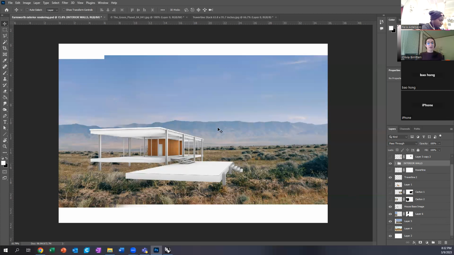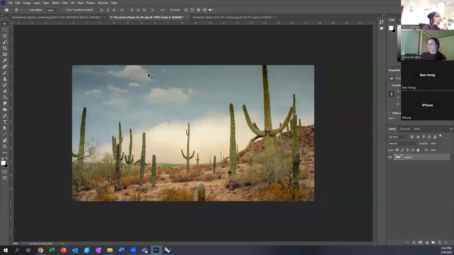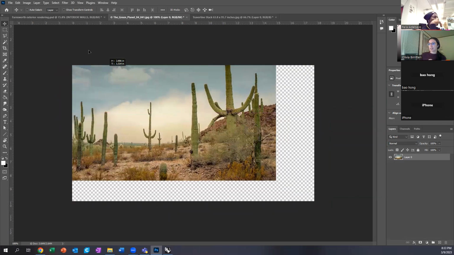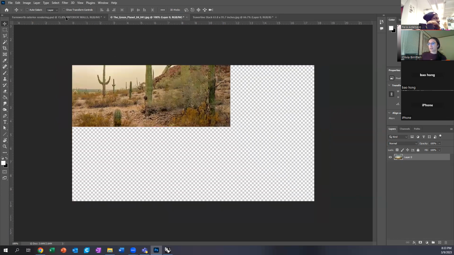It could be a good starting point. As you see here, this is basically 1 or 2 images. But what really will bring this rendering to life is by adding more and more layers and information to it. So what I've done here is, okay, I said I'm in the desert. So I've taken, this was the original image. If I copy and paste this image into my Photoshop file,